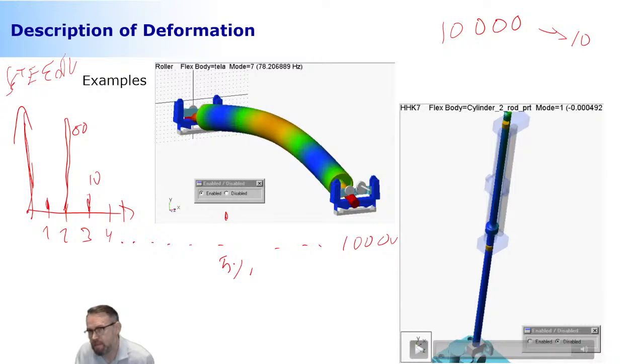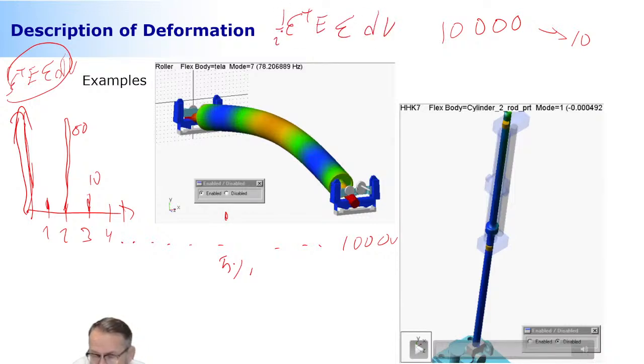So can you repeat what's on the y-axis? Y-axis? Yeah, this is strain energy. Sorry that this is a little bit unclear, but I wanted to show this equation: 1 divided by 2, this is what it is. So that's the strain energy. Each of these modes, I can compute how much strain they produce, and when I compare that to the entire strain of the structure, I can see the percentages.